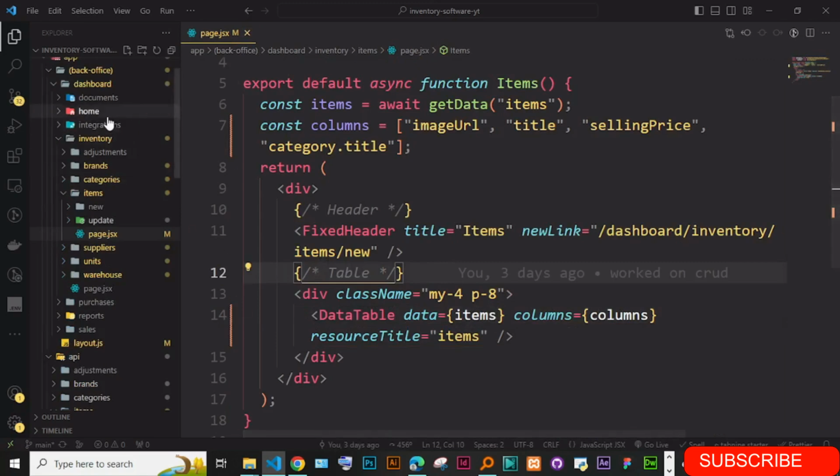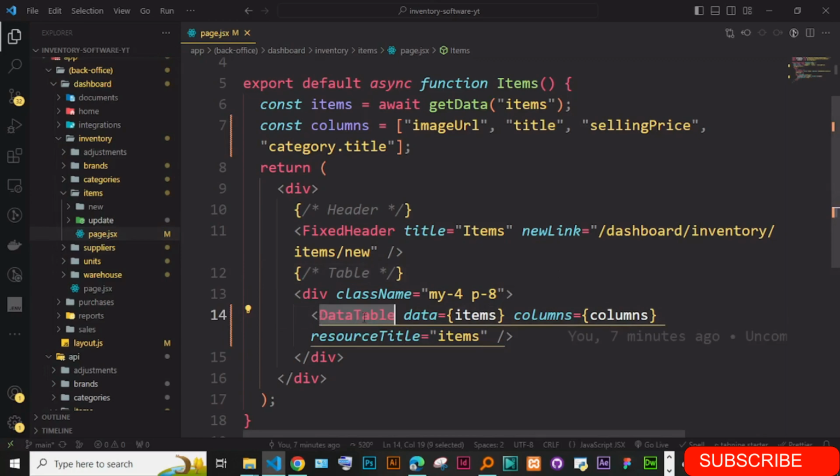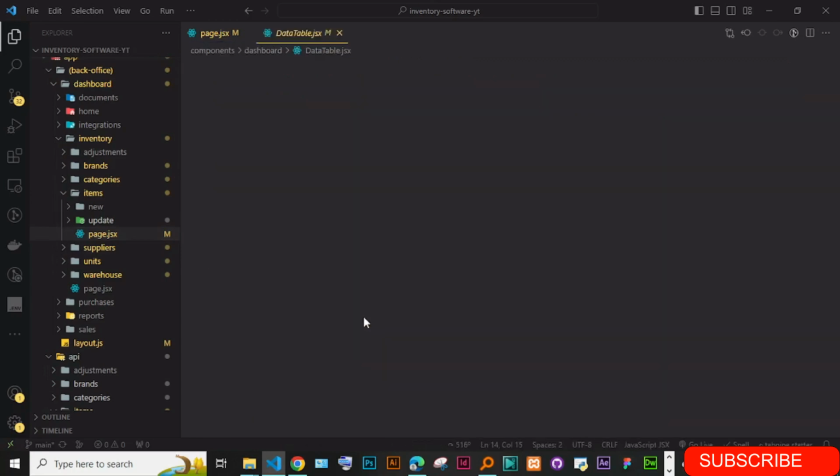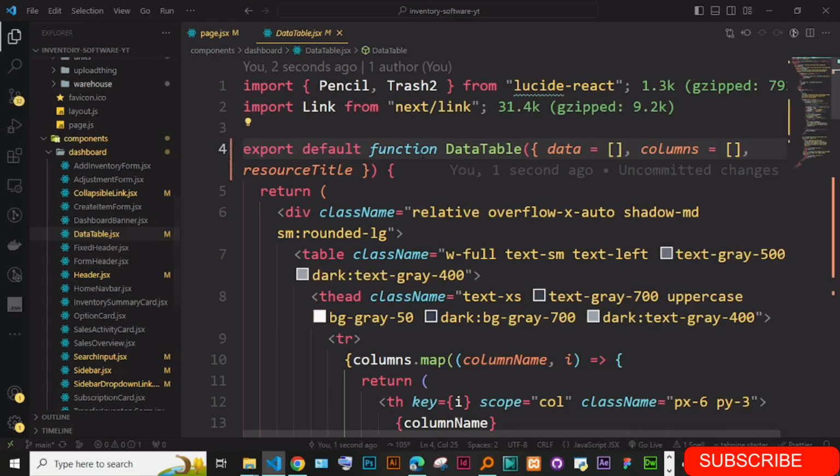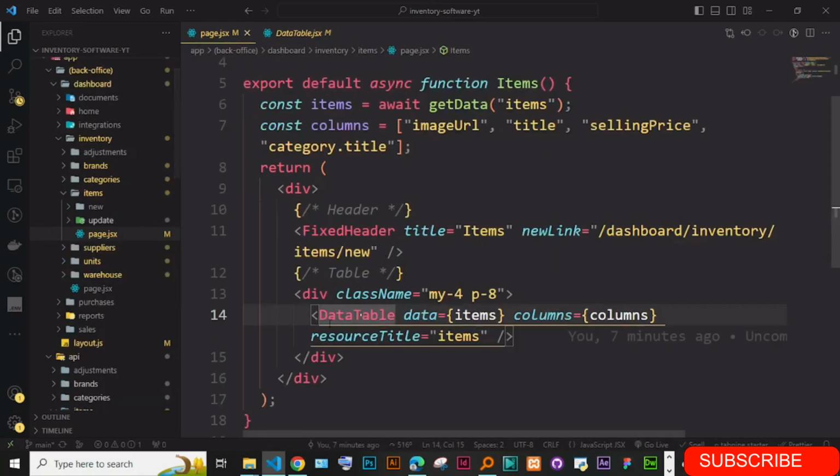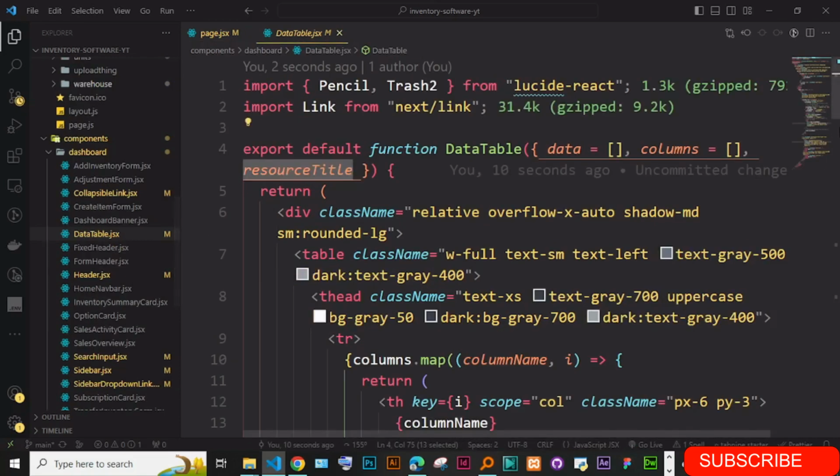If we just went to the item, I was trying to do some of the things. The first thing is to create this in the items page. This is the data table, and in the data table we are receiving the resource title. That's why you have to pass in this resource title, and we're using the resource title for the item